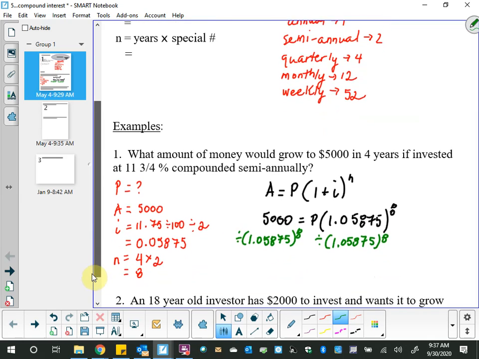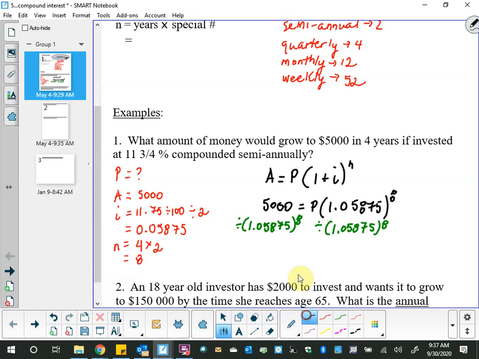And then I'm going to put that in my calculator just as it is and come out with a value for P. So 5,000 divided by bracket 1.05875, end the bracket, to the exponent 8 equals, now I get 3166, let me write down what I have,